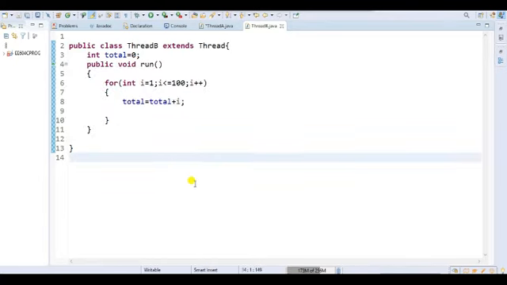Within the run method I have taken int i = 1, i <= 100, i++, and total = total + i. The initial value of total is 0, and total = total + i gives the summation of the numbers from 1 to 100. The loop will continue 100 times. Let me execute that.